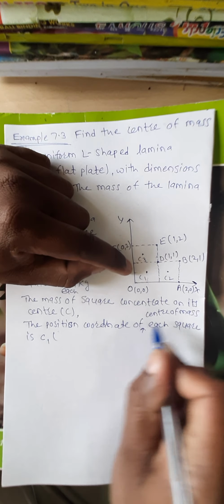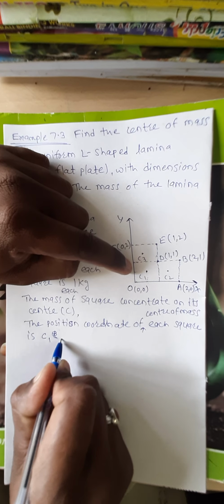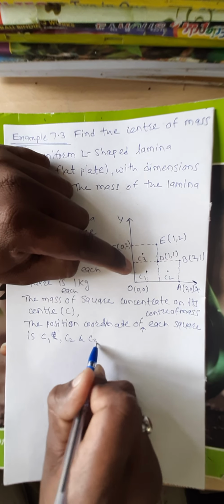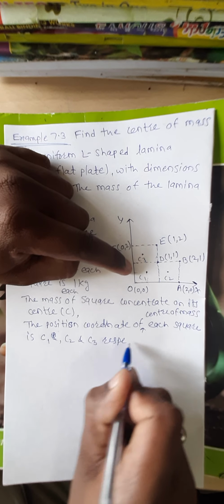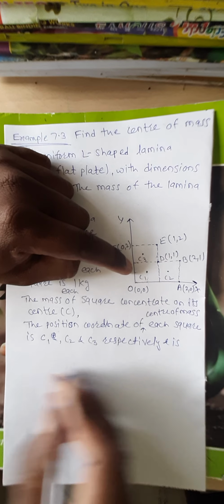The position coordinates of the centers of mass of the squares are C1, C2 and C3 respectively, and are given by: